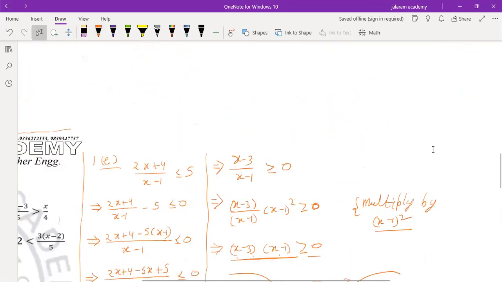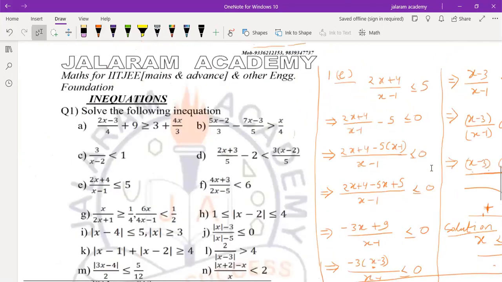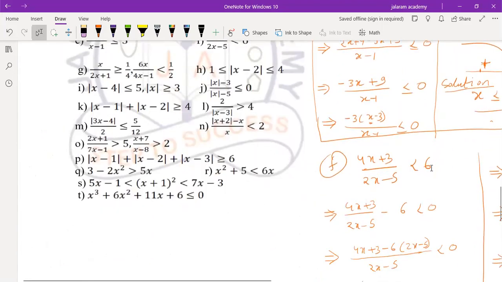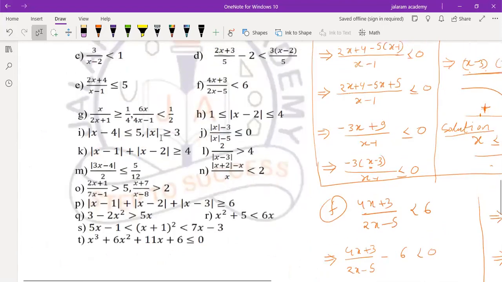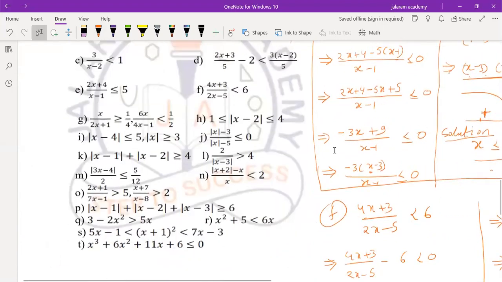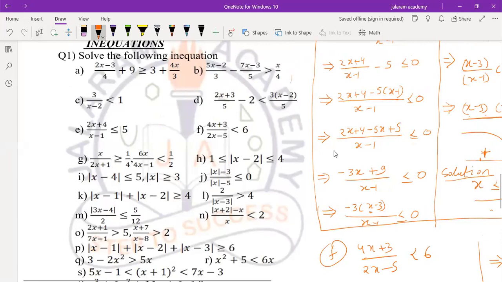Yes, sir. Now solve the two parts of question G. And you have to solve question number Q and R also. Okay? And repeat these questions again, revise them again. A, B, C, D, E, F, which I have discussed in class. Okay? First, you have to revise these questions first of all.